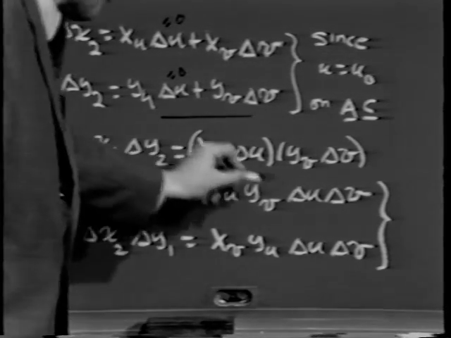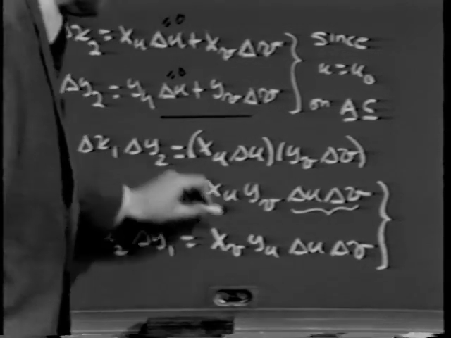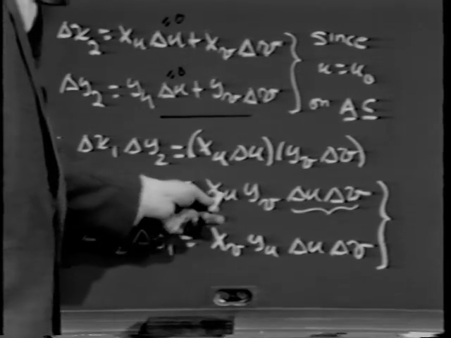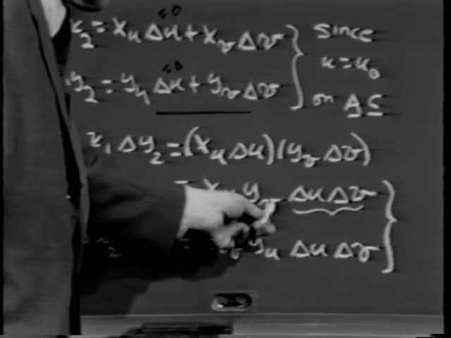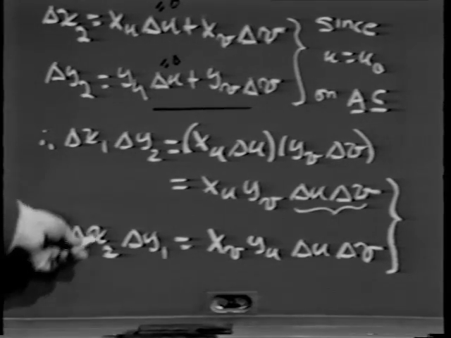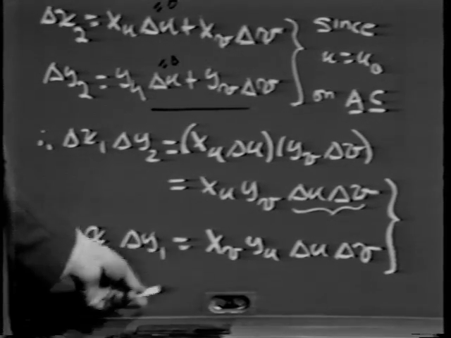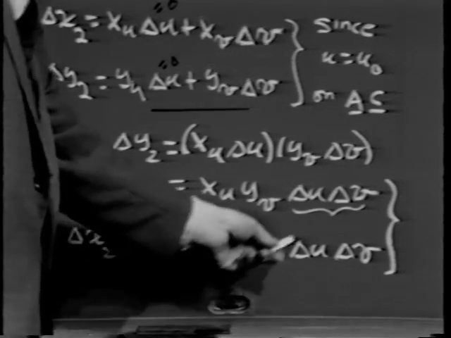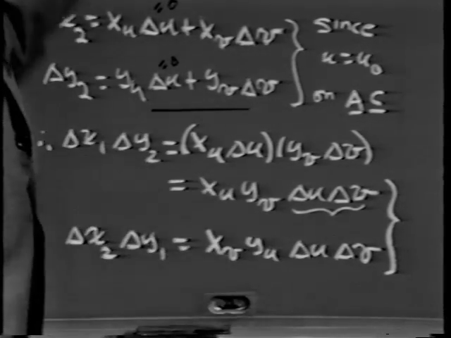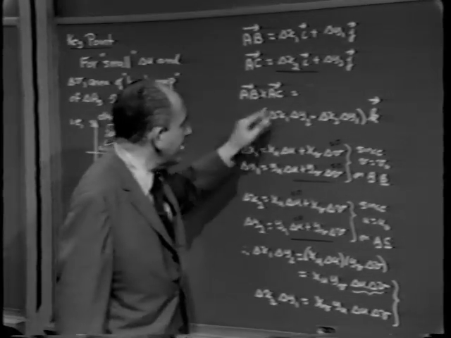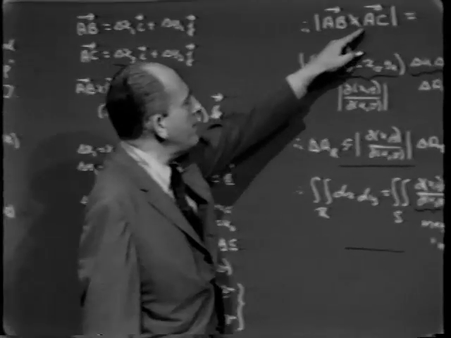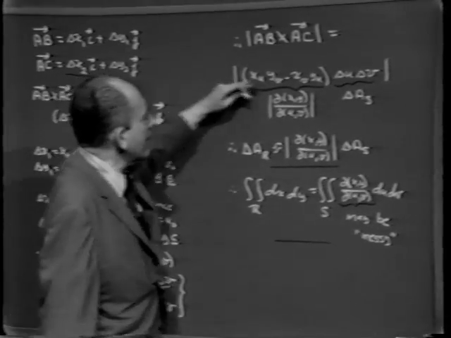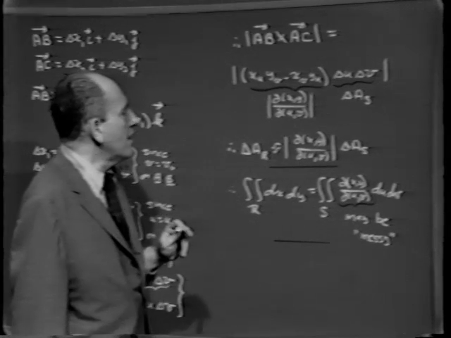In other words, I want the delta u and the delta v together. The multiplier out front here is x sub u times y sub v. In a similar way, delta x2 times delta y1 is x sub v y sub u times delta u delta v. Therefore, putting that into here, the magnitude of AB cross AC is simply this expression here,